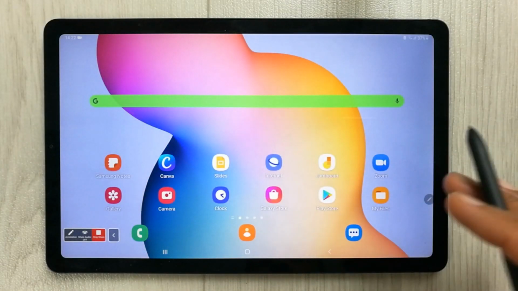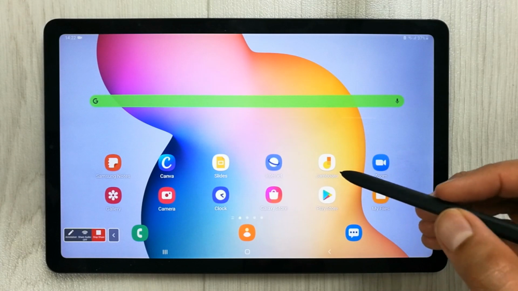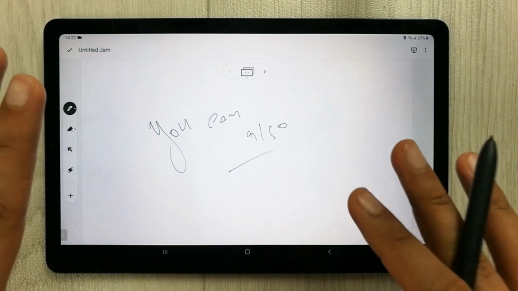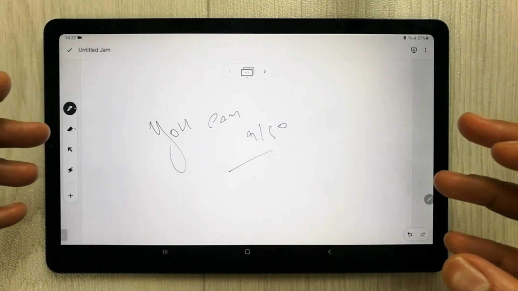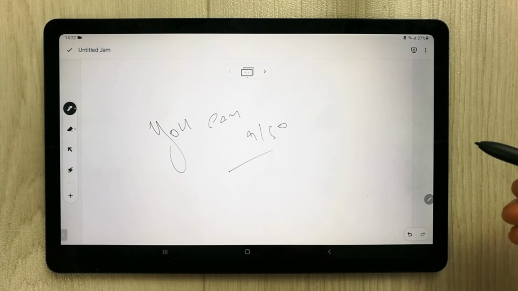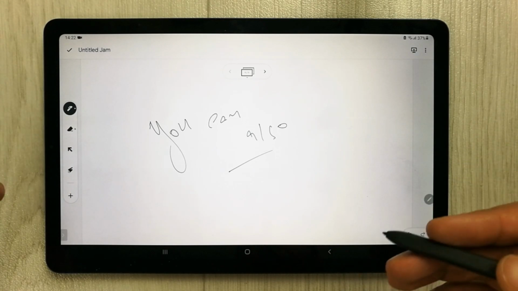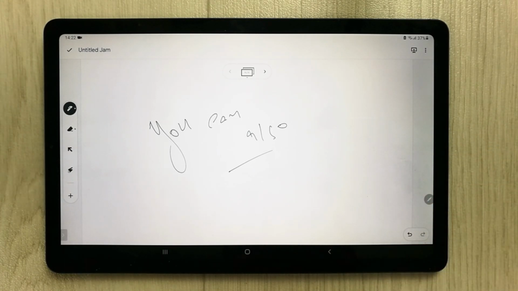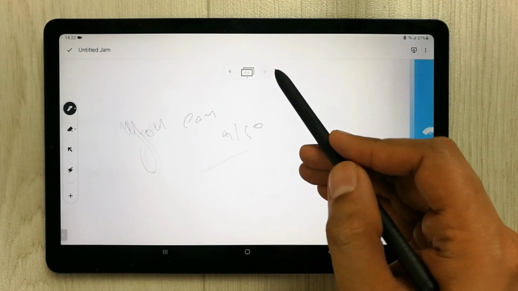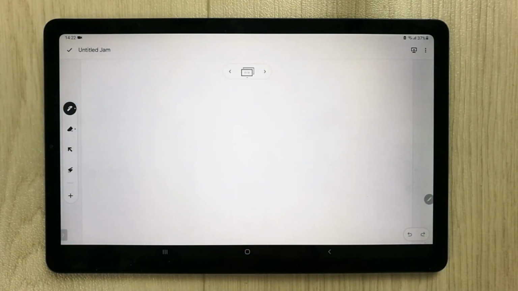Okay, so now your screen is visible. Simply open your Google Jamboard. So guys, we are ready now. So whatever you do over here, your students or your participants, they can see in the Google Jamboard. So if you want a new page, so just go over here from the top, just select it, and it will open a new page for you.